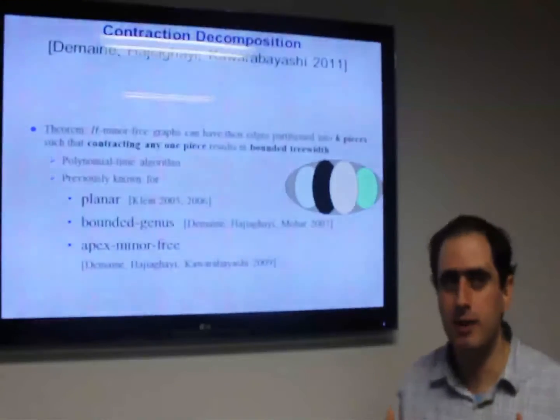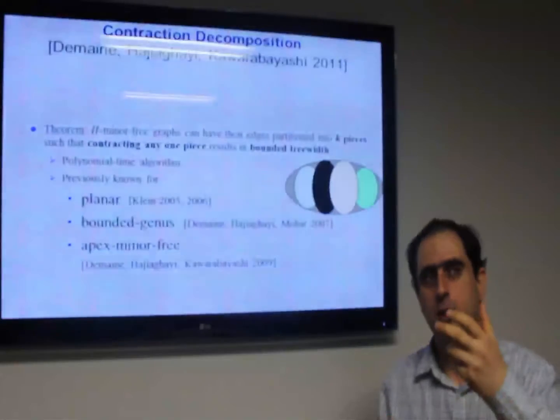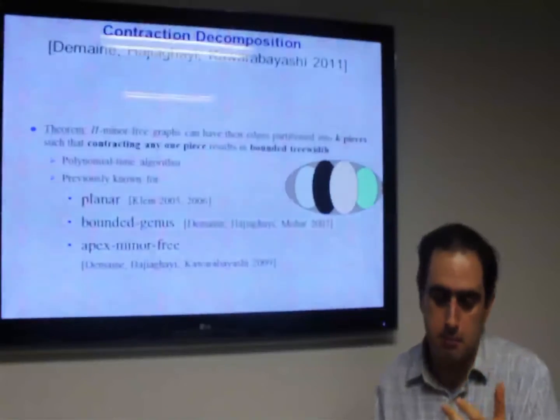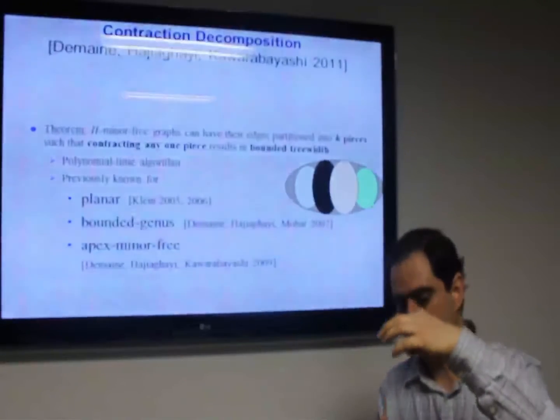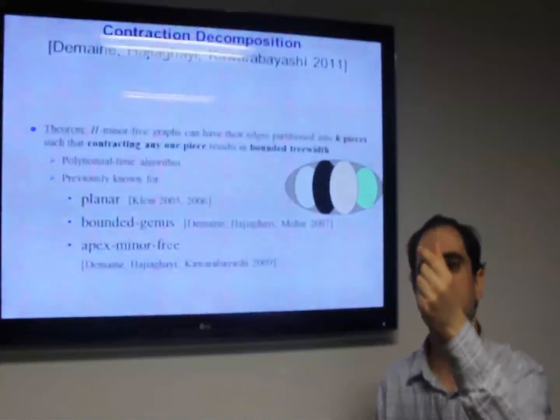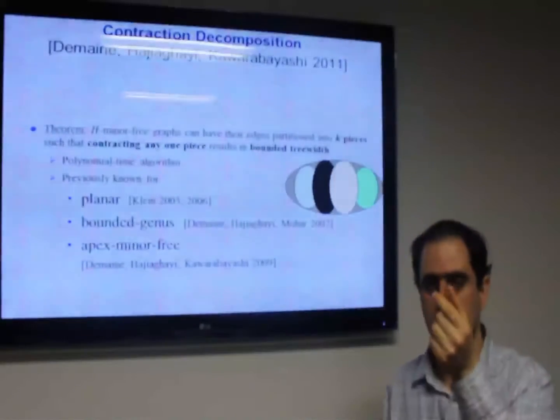Note that for a vertex set, contracting doesn't mean much, but for an edge set it makes sense, because you consider all edges in this particular set of the partition and contract them one by one,